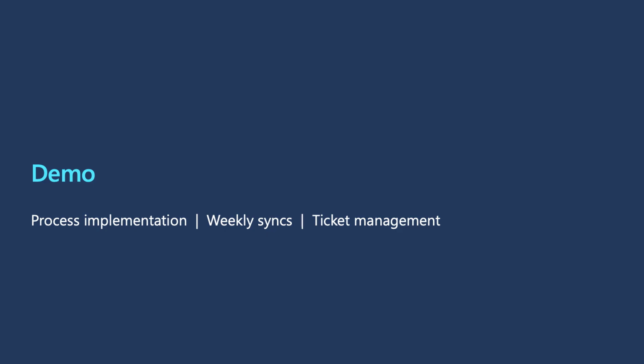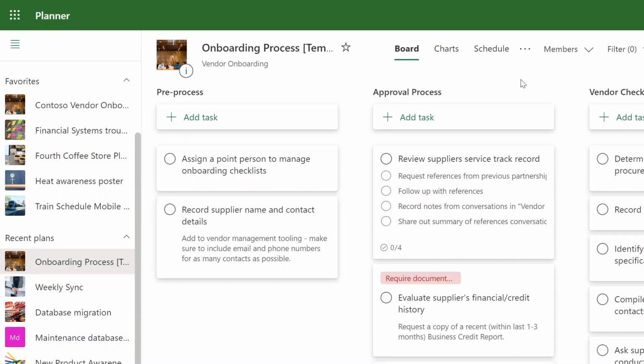One of the most common questions that we get is, how do I get the most out of Planner? Or, my team has started using Planner, but I feel there's more we can do. Or maybe we're not using it right. So next, let's focus our demos on scenarios and common examples that we see our users have been successful with Planner. So the first example we want to start with is implementing a process and sharing that process with others